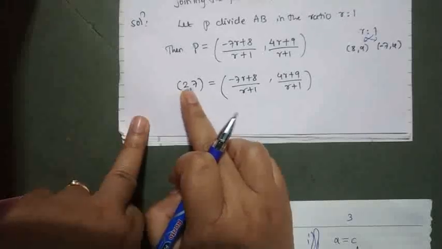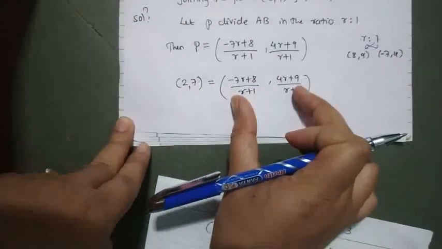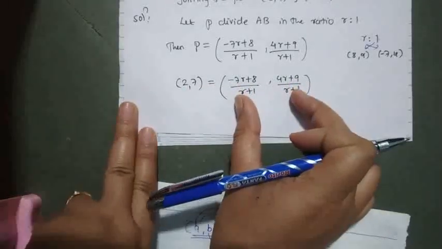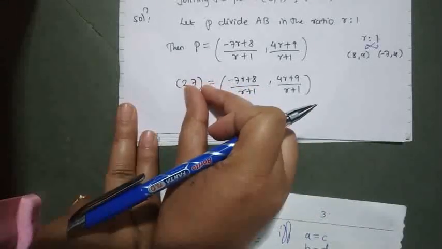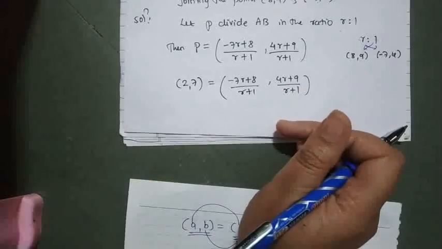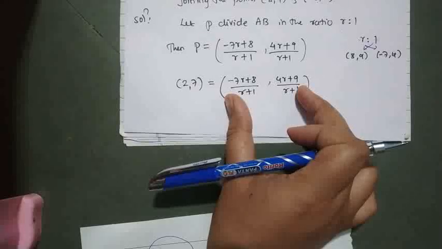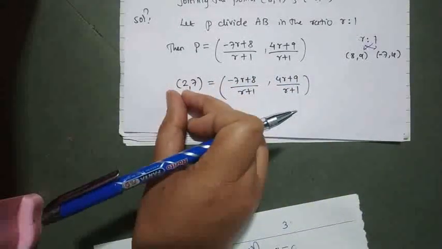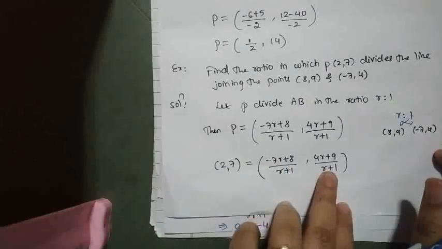So two ordered pairs are equal, two coordinates are equal, only when the x coordinate is equal to the x coordinate and the y coordinate is equal to the y coordinate. You cannot use ordered pairs like that in coordinate geometry. So two coordinates are equal only when the x coordinate is equal to the x coordinate and the y coordinate value is equal to the y coordinate.